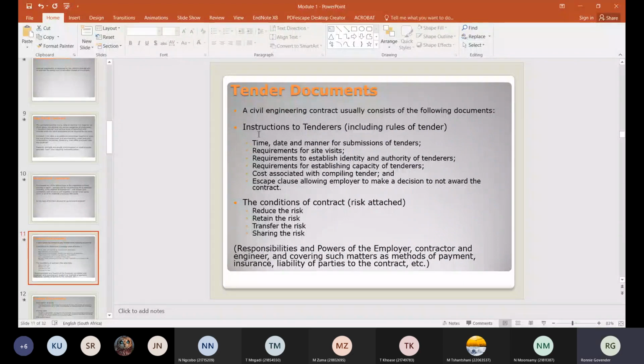Then most contracts will give you a condition of contract. What we use in civil engineering is what we refer to as the GCC, the general conditions of contract for civil engineering works. Anything that deviates from that must be noted in the document, right? Like your risk and transfer, sharing, and so on.